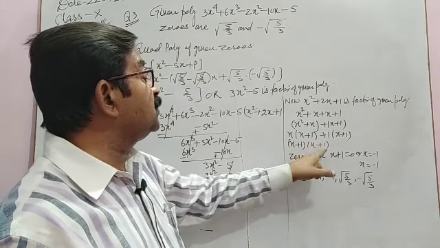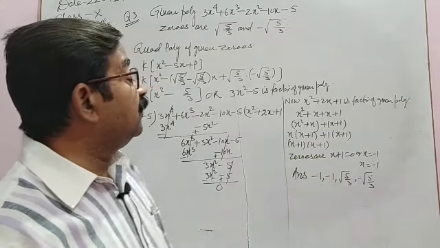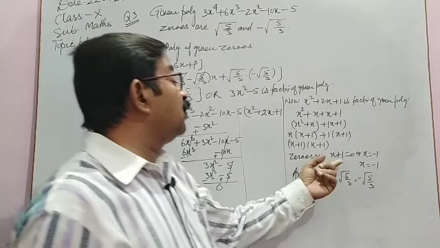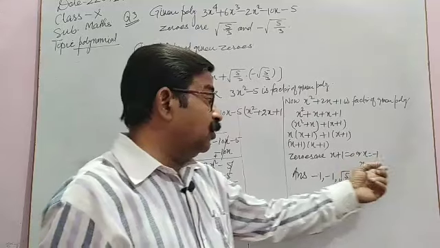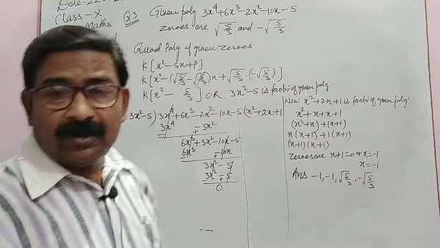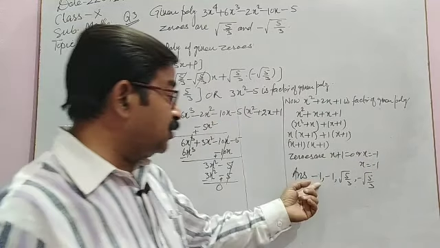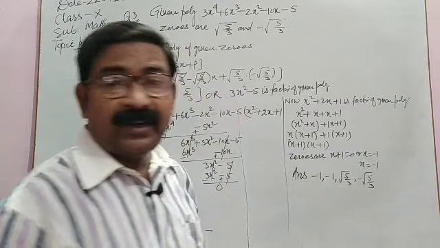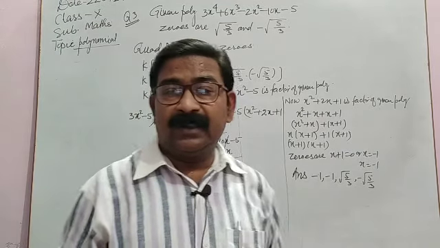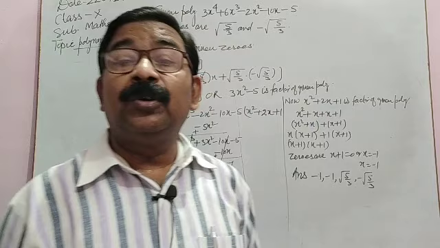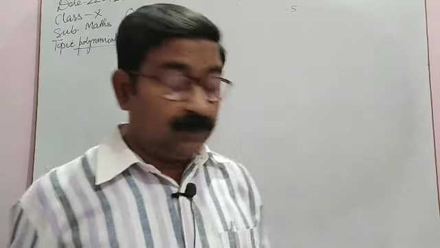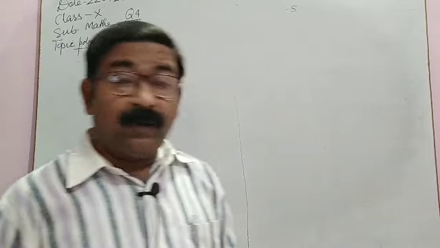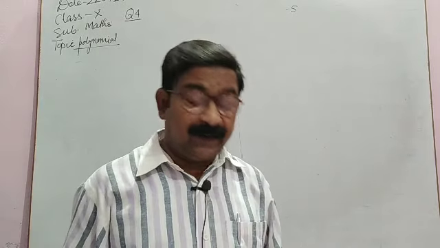So two factors of same value, get the zeros: x plus 1 is equal to 0, or x is equal to minus 1, and other is the same, so x is equal to minus 1. So other all zeros are minus 1, and these two were already given. Is it clear? So this is how you can solve this problem. Got it? Now let's see, question number 4 is again a very interesting question.